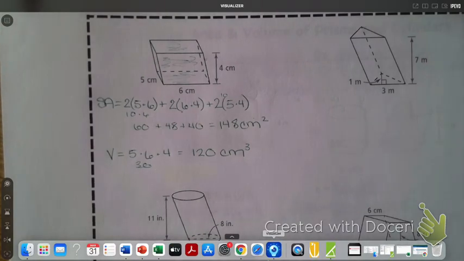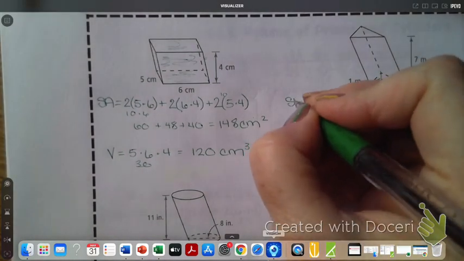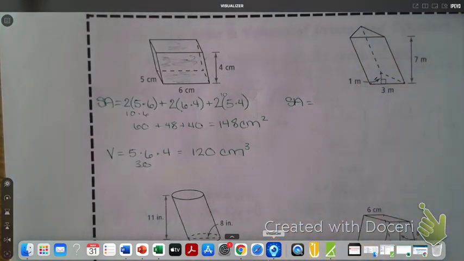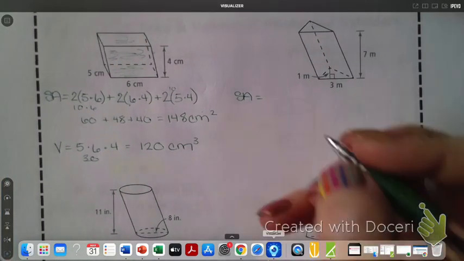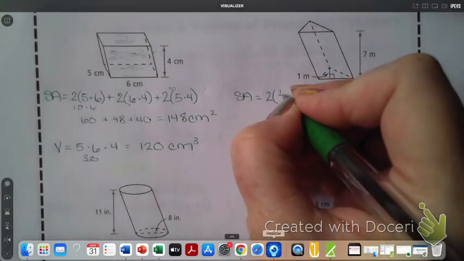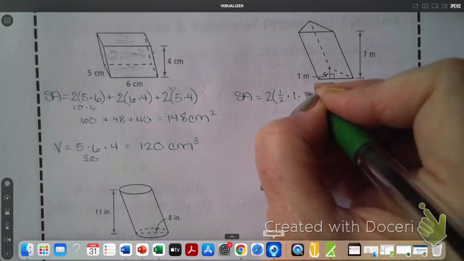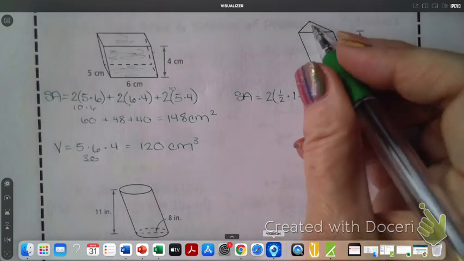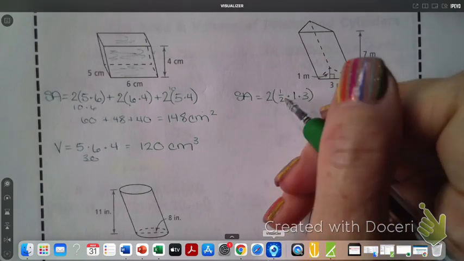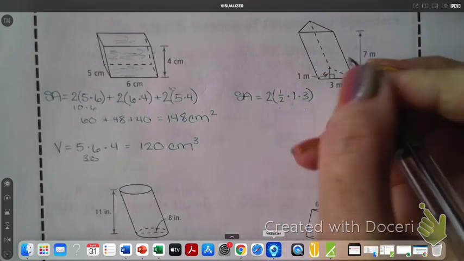Andrea? Okay, is this one gonna be a little bit more to add for surface area? Yeah, because it's that triangular prism, so all the sides don't match up like a rectangle, do they? Okay, Andrea, where do you want to start? Wouldn't it be 2 times half times 1 times 3? Yes, because we have a top and a bottom, and they're exactly the same. And the area of a triangle is 1/2 base times height. Okay? Plus